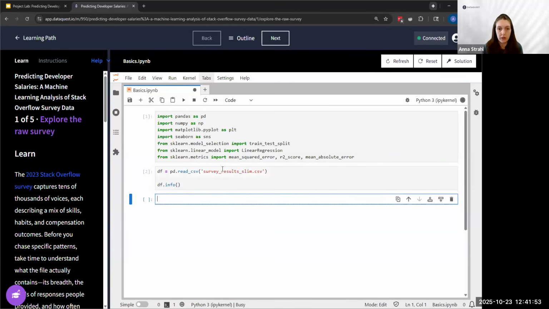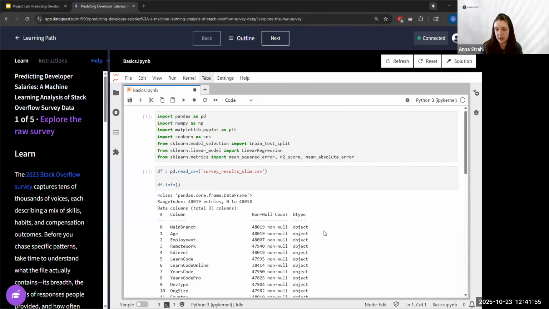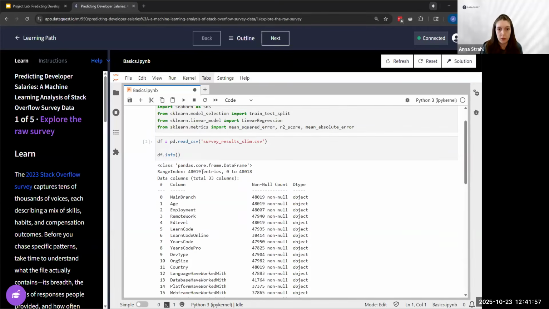Taking a look at our info method is my favorite way to get an overview of datasets. We can see that we have 48,000 entries and right now we have a total of 33 columns.